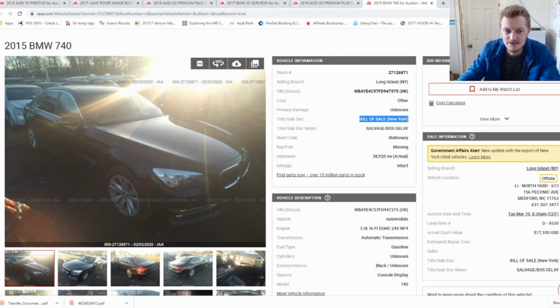So basically there is no title with the car, just the bill of sale. So in this case, we had to wait like 2 months to get the title, to get the paperwork, and then get the paperwork processed to get the actual title. So you have to be careful with cars like that, with the bill of sale, because most states will not accept this without the title, but in New York it's perfectly fine. So you have to be careful with these cars and make sure that you can register them in your state. But even though we had to wait like 2-3 months to get the paperwork straightened out,